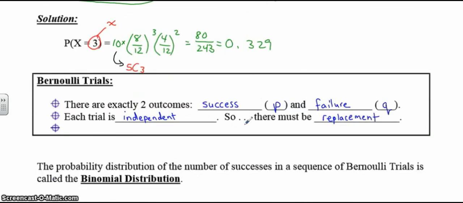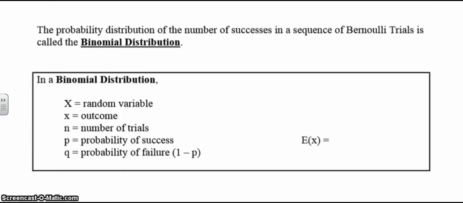So those are the two conditions that must be met for there to be a binomial distribution. The probability distribution of the number of successes in a sequence of Bernoulli trials is called the binomial distribution. So here's the formula. The probability of your random variable being a particular value is, first thing we need is the number of branches. So that is the number of trials, that's the row number,